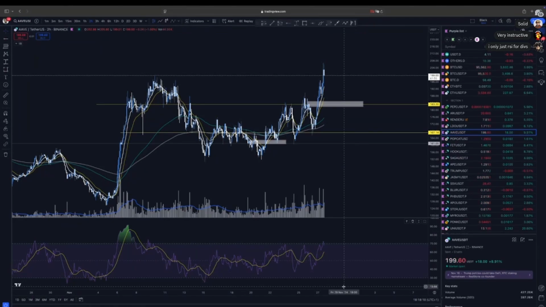RSI, I don't just use it for divs. I used to use it for divs, but it gives me a lot of signs for price reversing or the trend. And I'll tell you why: because there are only so many divs, right? And for those of you that don't know what a div is,